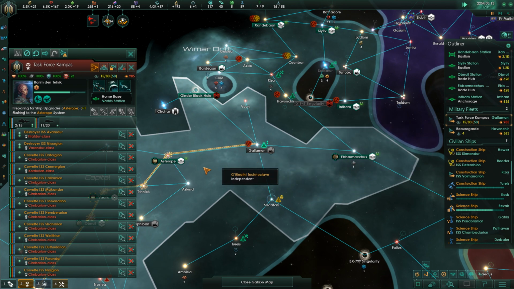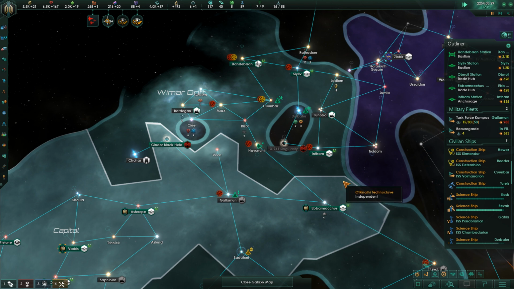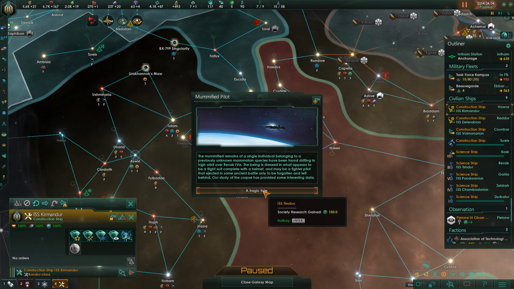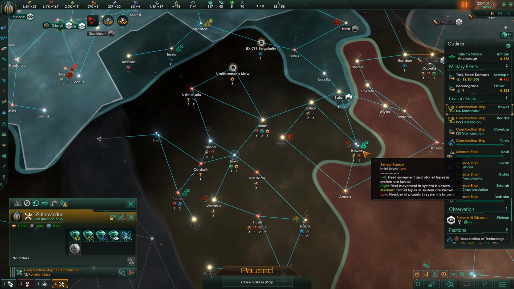All right, so these guys are heading in to be upgraded in Asterope. Beauregard, what are you doing? Still following the task force. System survey concluded. Okay. I'm going to keep things on speed, too. I'm pretty comfortable with the speed at the moment. Oh, man, they took the Arrakis system. Seriously? All right, well...